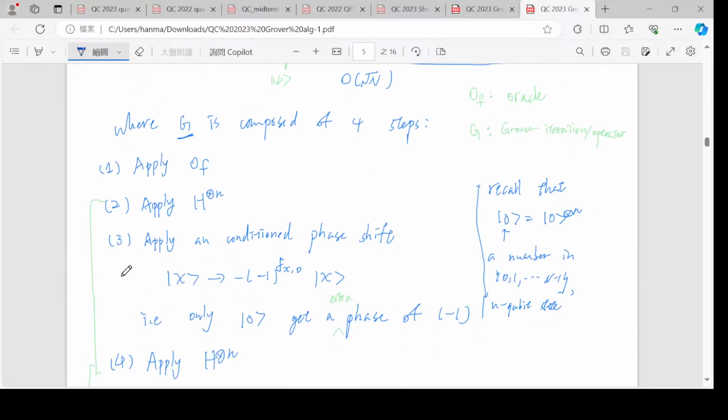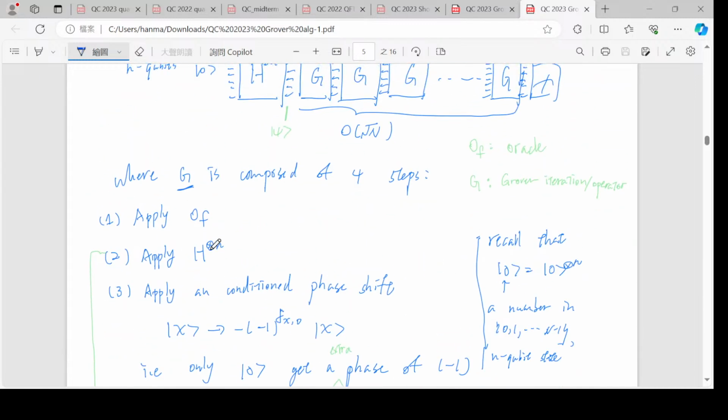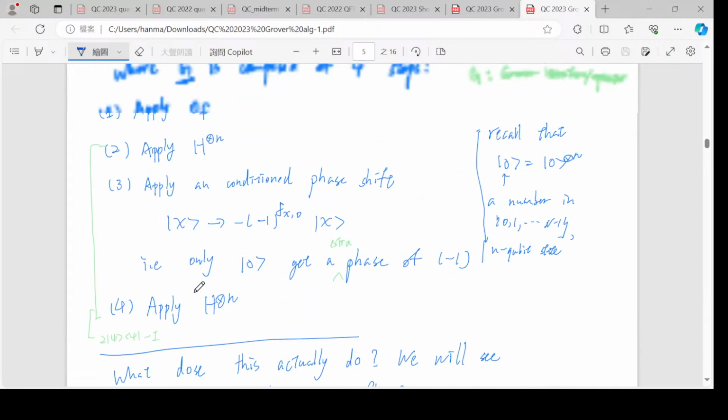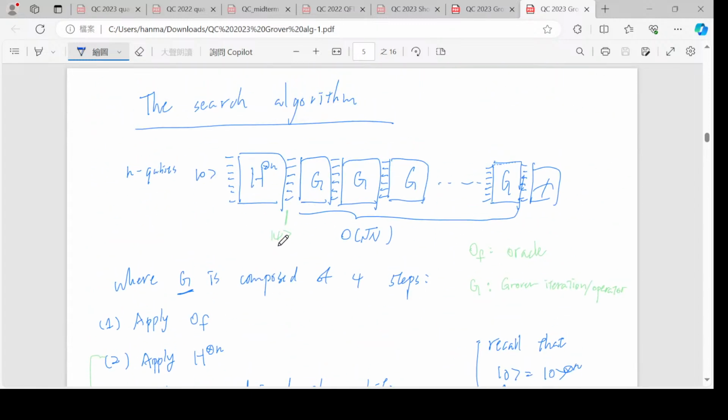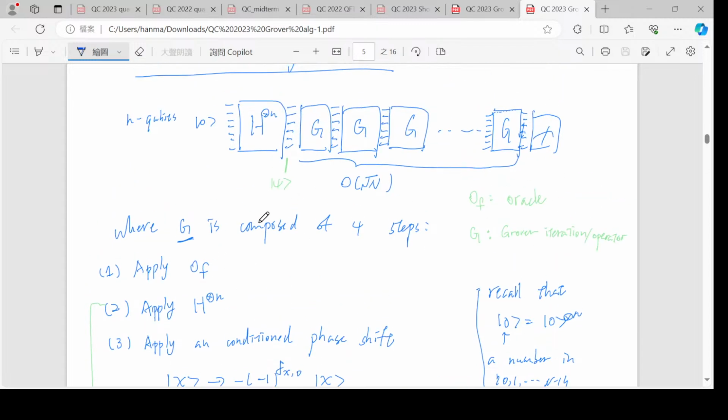And this G is written as 4 steps. So first you apply your oracle. So in each G you will need to use one oracle construct. And then there are those 3 steps. So there are these Hadamards, and this weird phase shift on x, and Hadamards. And those 3 steps together, we say it's actually a reflection around this psi. Okay. So G is 2 reflections. One reflection is the oracle, which is actually the phase version of the oracle. And another reflection is the other step that